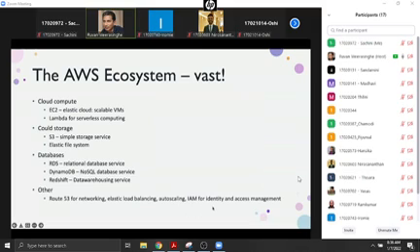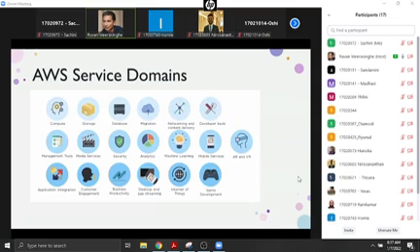IAM, we'll talk a little about IAM, which is their identity and access management. I'm not sure, but some of you may have already used access management if you are trying to access any of the social media like Twitter or Facebook, right? You should be familiar with this access management.